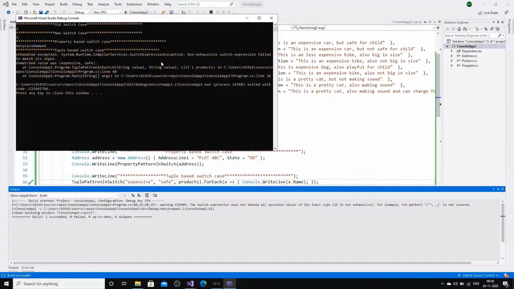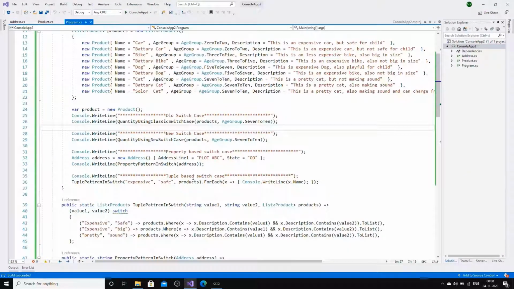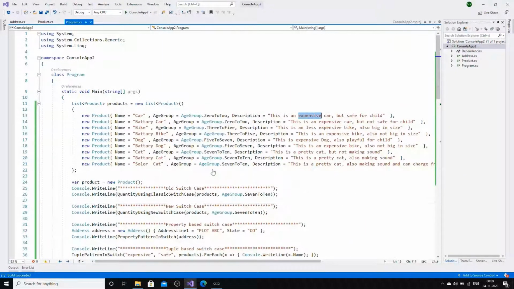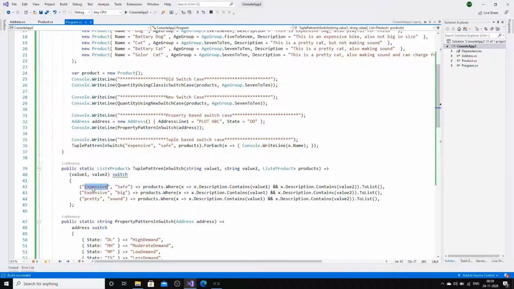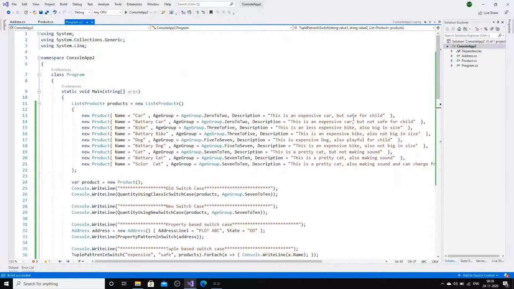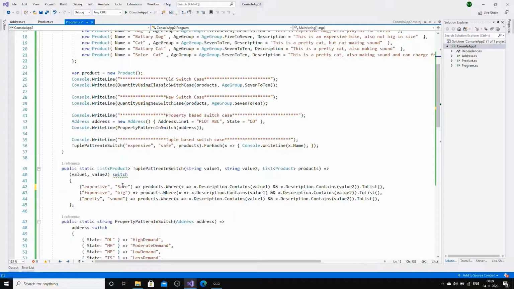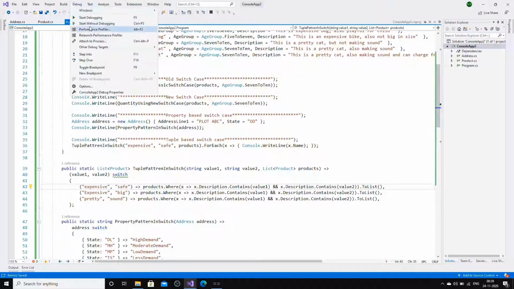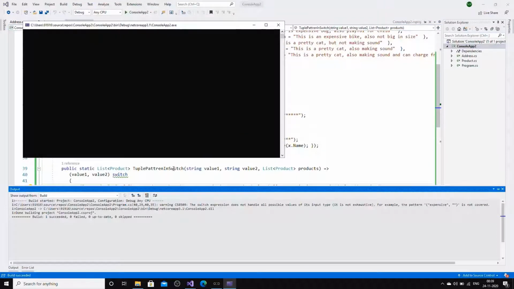What it says is, for expensive and safe, there is no case defined, which means when you are defining switch case like this, it is case sensitive. So now I will go and change the expensive and safe switch case to lowercase. So you can see the output now.